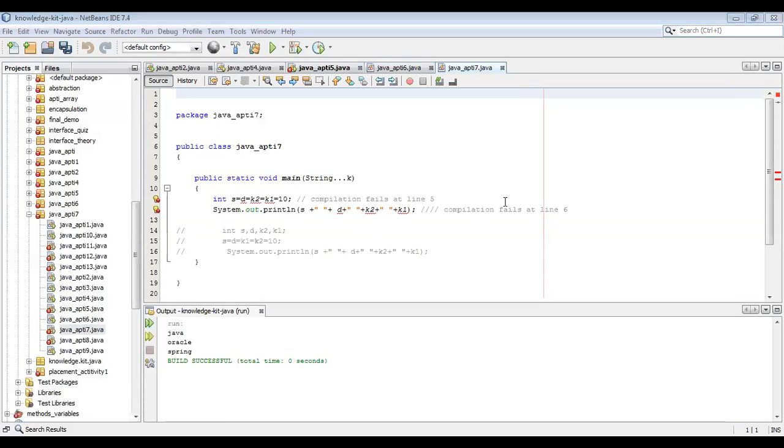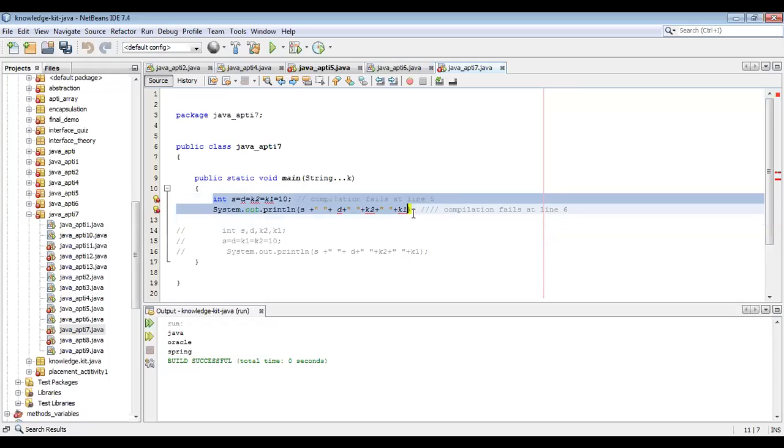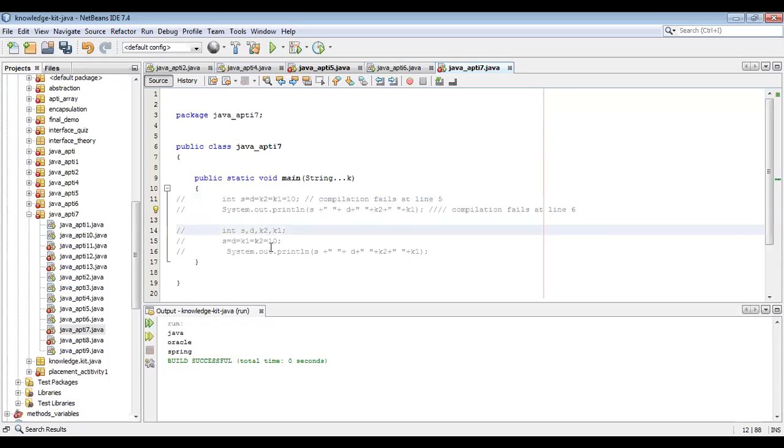See guys, just observe this code. If you are performing like this, see what kind of error you are getting. Cannot find the symbol, and cannot find the symbol. Instead of that, here I'm performing declaration and initialization in a single line for all the variables. So that is the reason compilation fails at line 5 also and line 6 also. Cannot find the symbol, as well as cannot find the symbol. So instead of that,